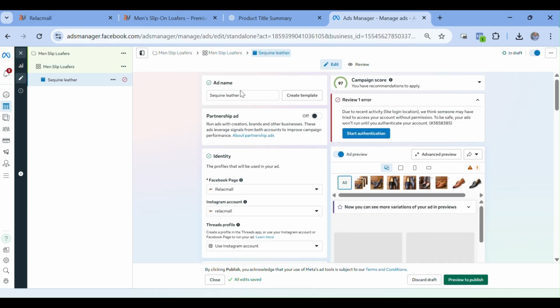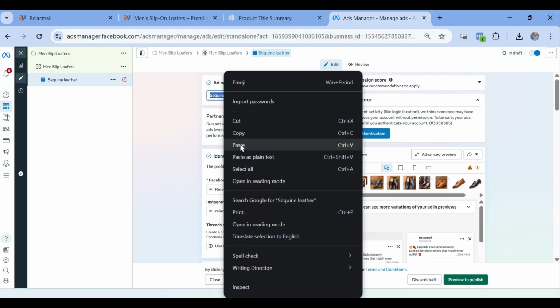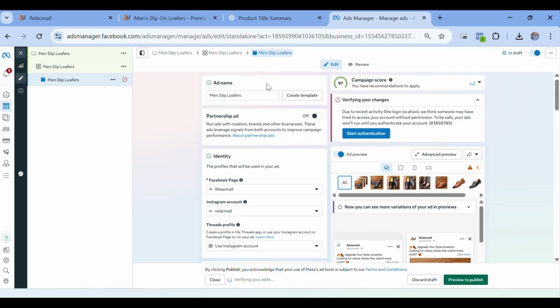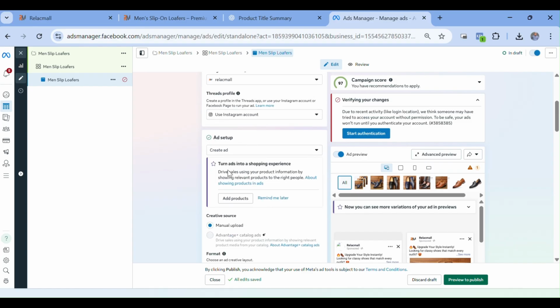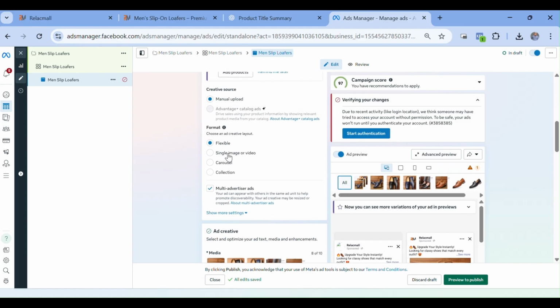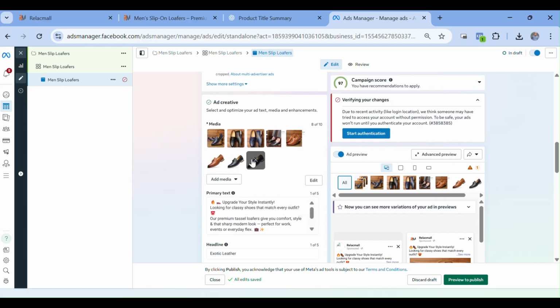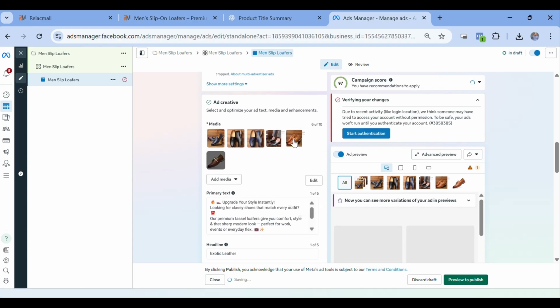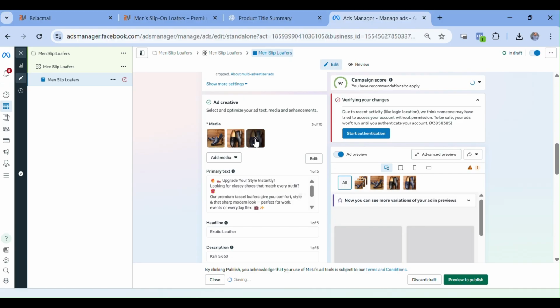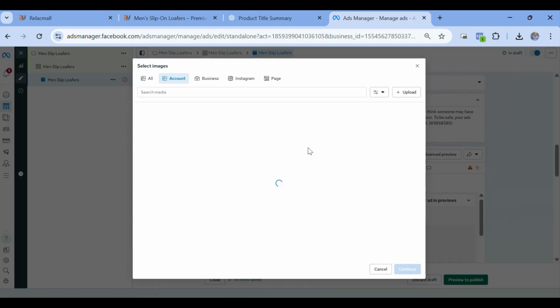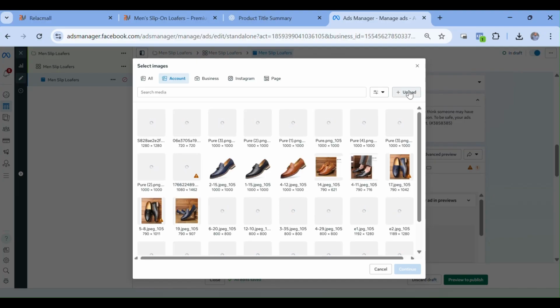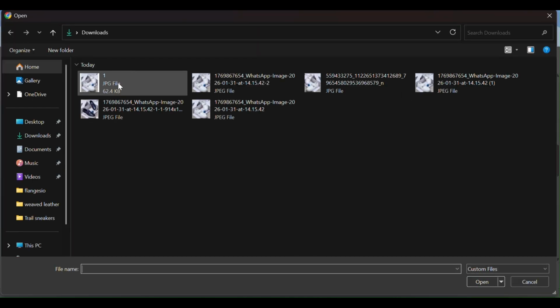Now the third step is where you create your ad. Now you still apply the same title like the second step here. Confirm that the page and Instagram are connected. Then you come all the way to the images. So you remove these ones because they belong to the first product that we duplicated, and you add your own images now for this product. You add the images for this product. So you upload the images from your computer,